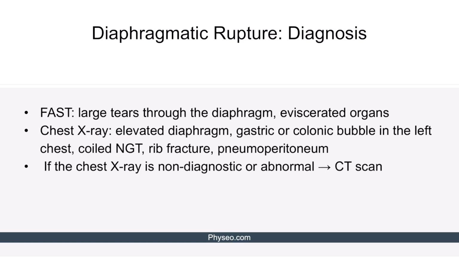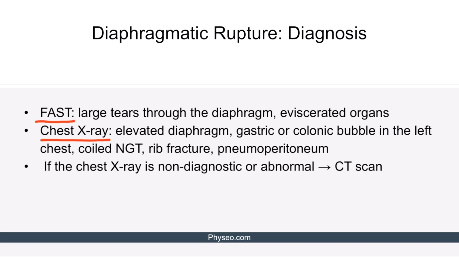Now let's move on to a discussion about the diagnostic approach. After physical examination and any stabilization of the patient, a FAST exam and X-ray are indicated for all patients. Typically, the FAST exam reveals large tears through the diaphragm along with eviscerated organs in the chest. Chest X-ray is not highly sensitive or specific, but remains one of the most important imaging studies in patients